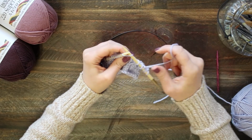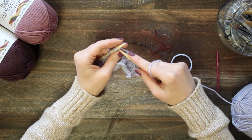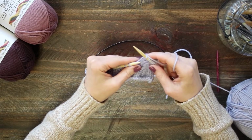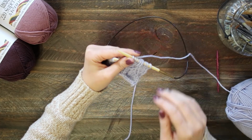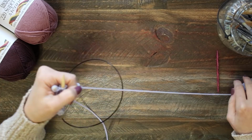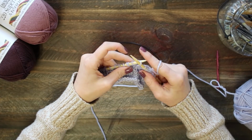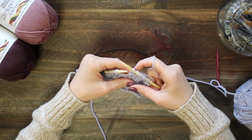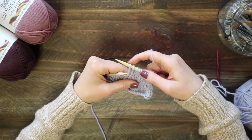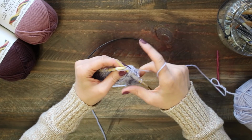Okay, and then we'll knit 4. Let me get my tail out of the way. And again, we're coming up to those slips. So we're going to slip that one, dropping that other line. It'll drop naturally. Do it again. There's 2 more lines, and then knit 1, 2,